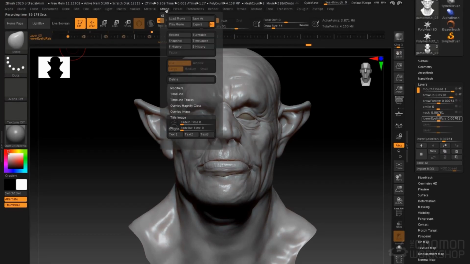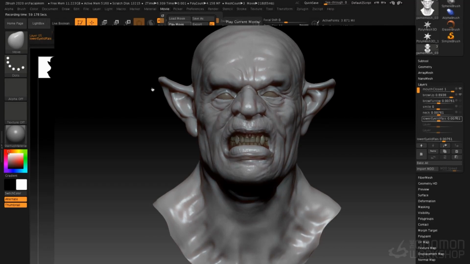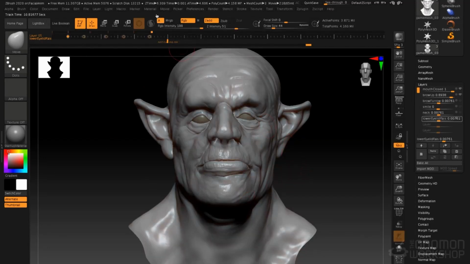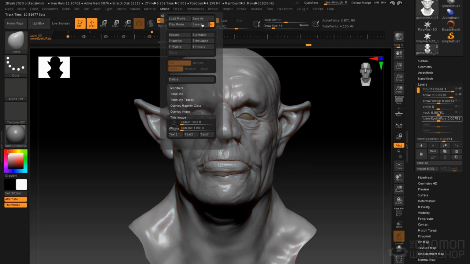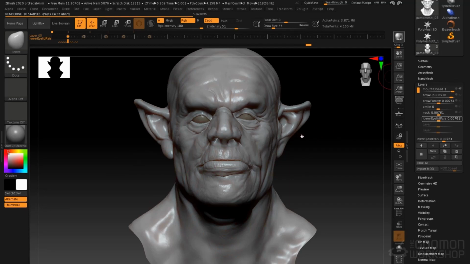Now we can go to the movie menu and we can play our movie. We get our snarl, we get our relax, and then our second thought. Again, if we want to export that, we go to the movie menu and export from here. Now, you don't have to do your render with just the default viewport. I can do a BPR render here. So if I do a BPR render,